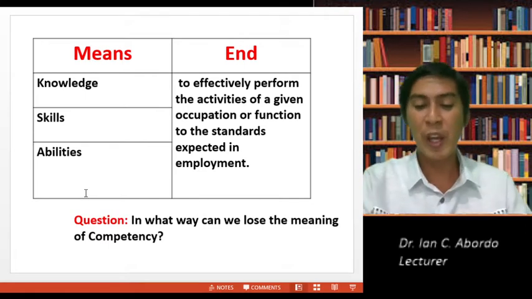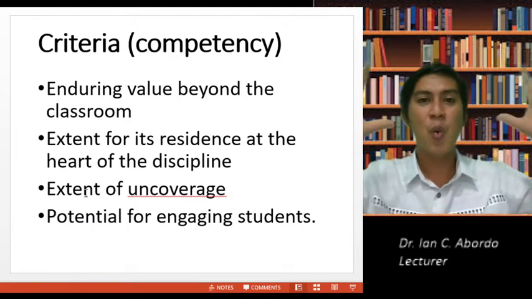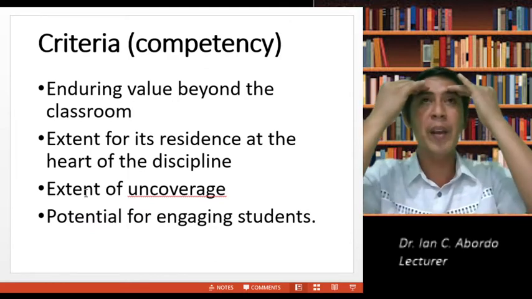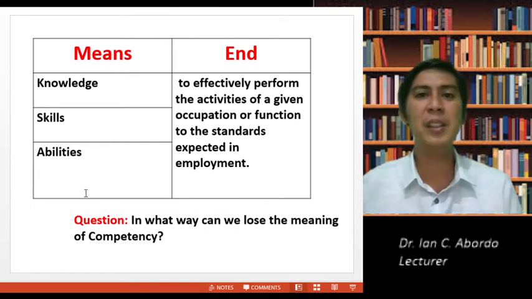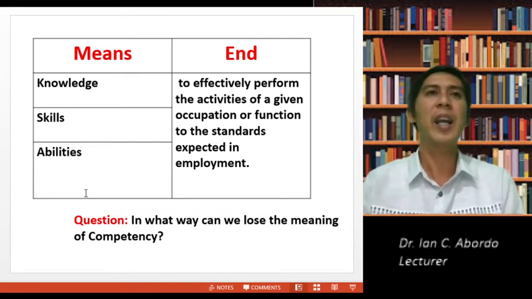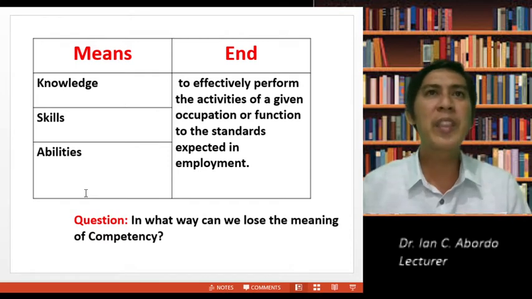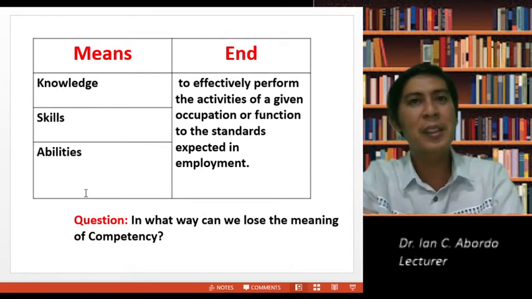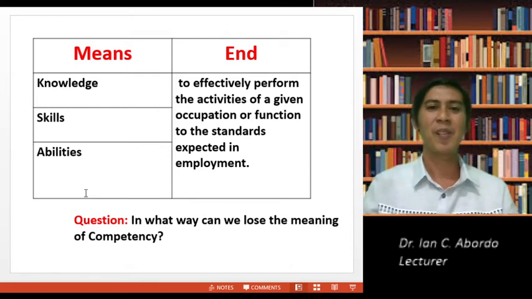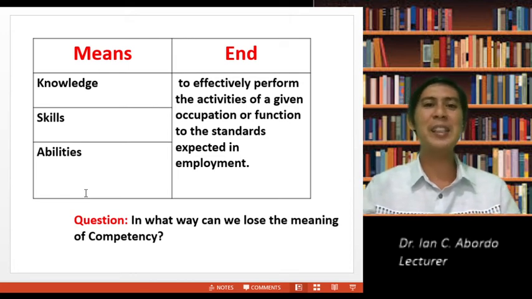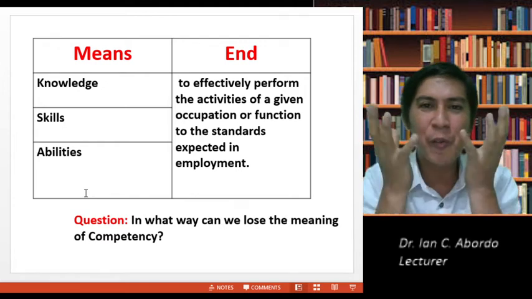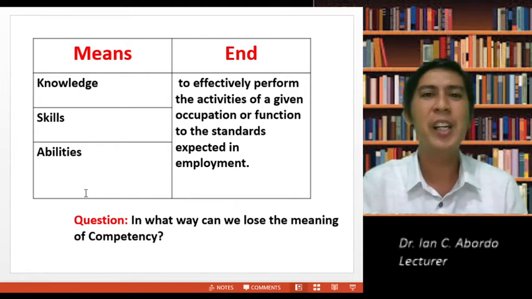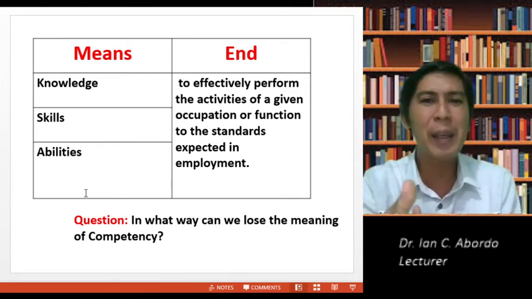So you see, when we say competency, we are not saying acquiring knowledge. We are not saying only skills. I have the skills, I have the competencies, I have the abilities, but there must be performance. So that's why a competency must be stated in the application. So the verbs that we will use in competency should be the verbs in application.